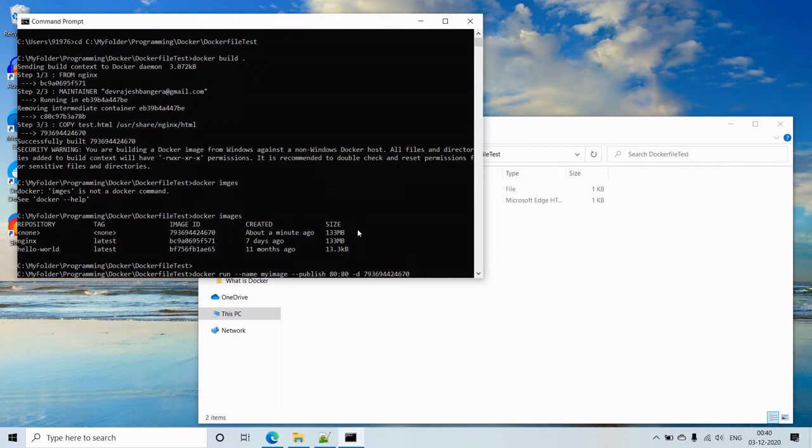Basically how this works is the port that is defined before the colon is our local machine's port, and the port that is defined after the colon is the port of the container, right? So this is the mapping which is created here. -d stands for detached mode, right? And the last parameter is the image ID itself. So let's run this command.